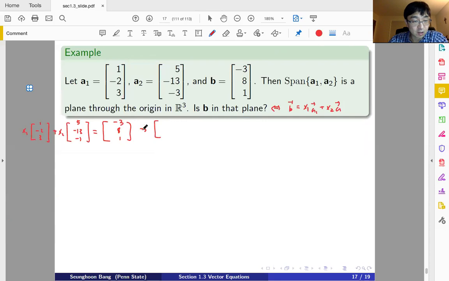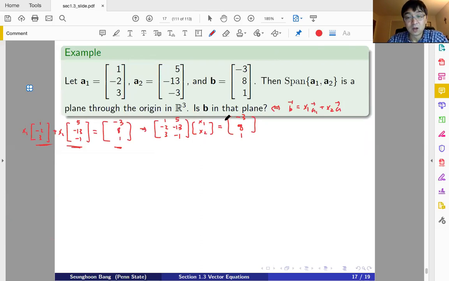The first column is 1, negative 2, 3, the second column is 5, negative 13, negative 3, times x1, x2, equals vector b, negative 3, 8, 1. So we have it. So if a solution exists,